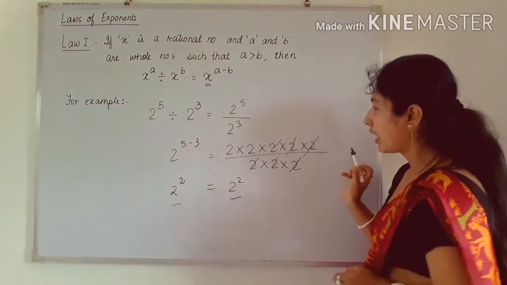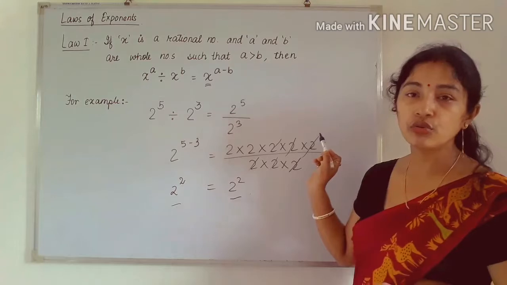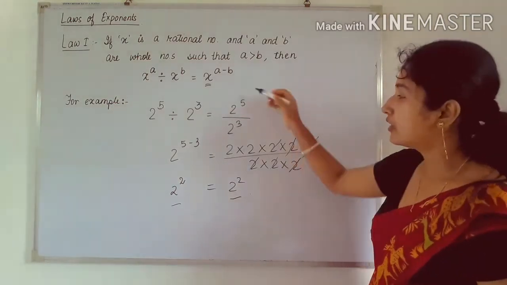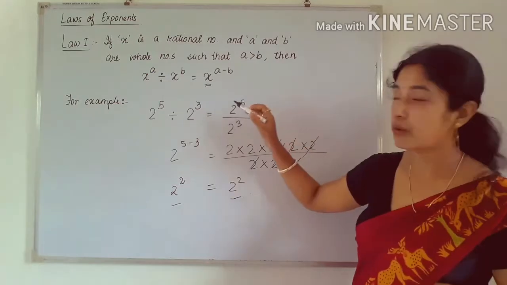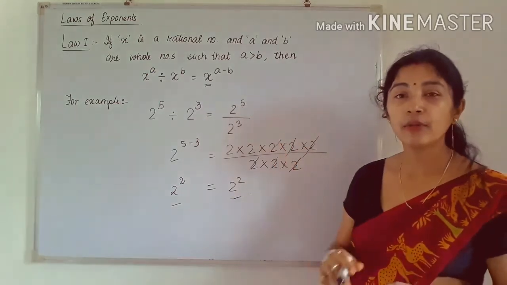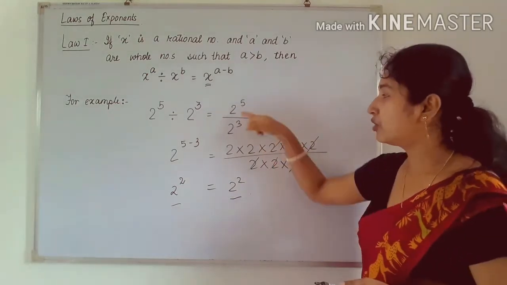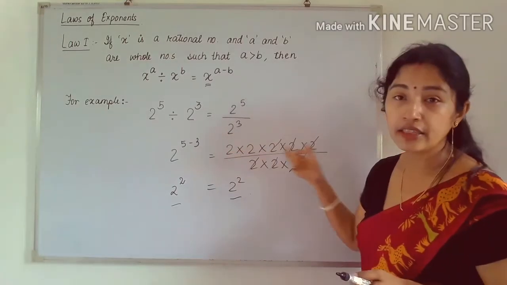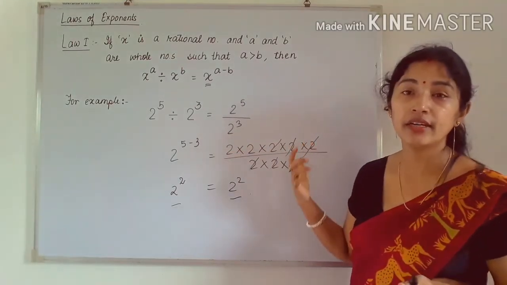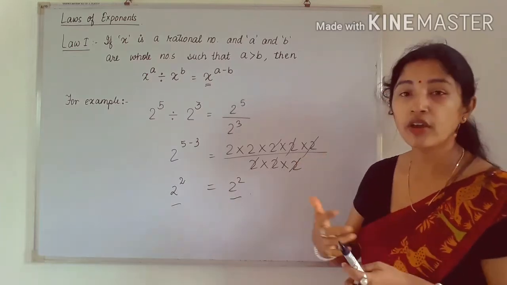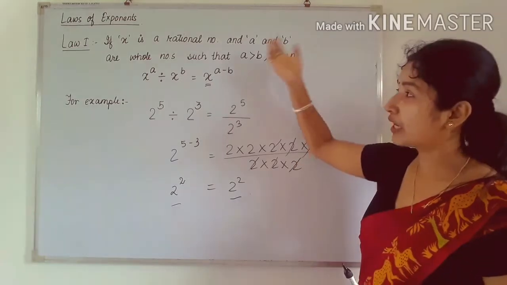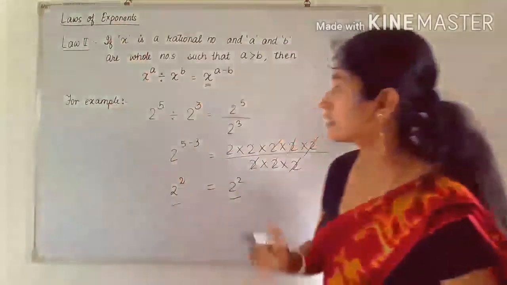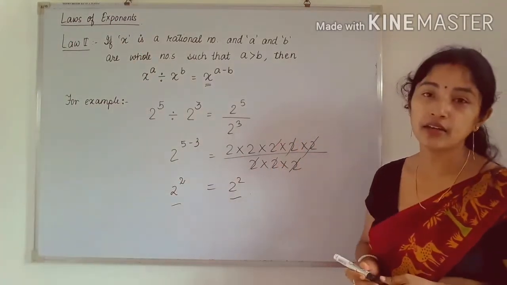So while doing this, we can also use expanding. But what happens in expansion? See, if there is a bigger power, suppose 2 to the power 30, then it will not be possible to expand 2, or it will be very lengthy if we write 2 thirty times. So what is the best way? What is the easier way? We can apply the second law. So this is the second law, and here we can apply the law.